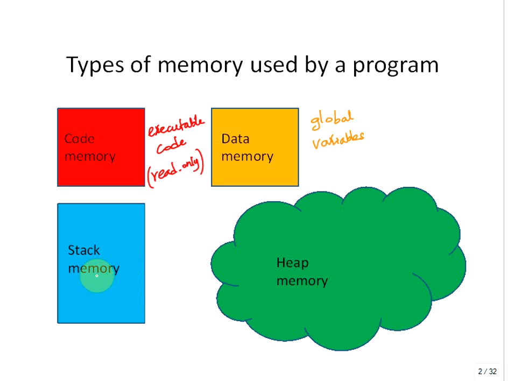The next one is the stack memory. Stack memory is quite interesting. It has local variables. The stack is used for all the local variables inside a function or a method. Whenever you define local variables, the stack contains them. Also the runtime tracking, meaning which method you are in. When you invoke another method,